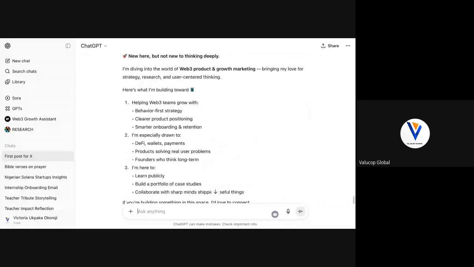You pin it. Then subsequently, by the time you have about 5 posts, the next thing to do is begin to engage in other people's posts. Make sure that every single day you engage with fellow project managers. How do you identify project managers? You can simply type Web3 project manager in the search button and go on the accounts. We're almost out of time, so I need to jump off here. Okay, let me go to X and show you what I mean.